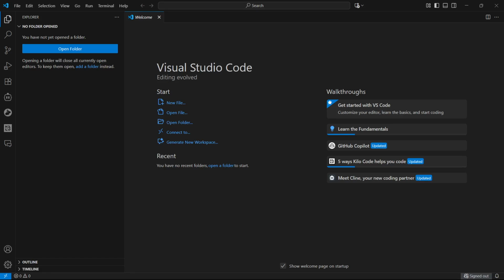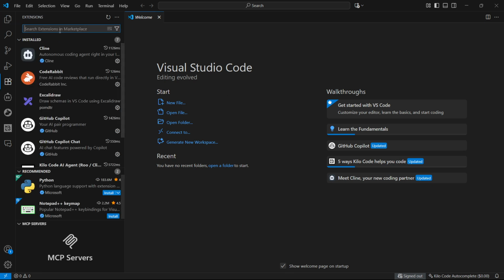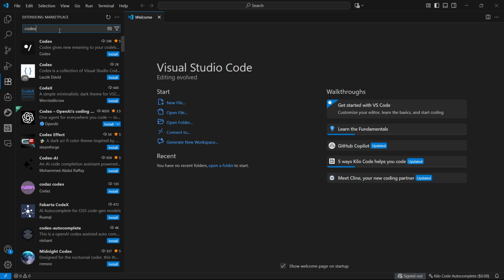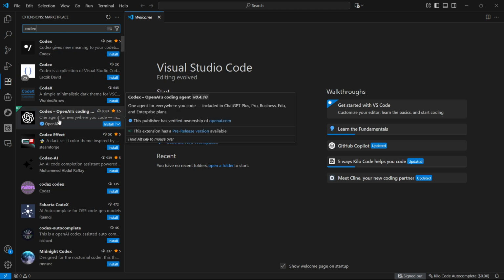In this video, I'm going to show you how to use ChatGPT in VS Code. Now, the first thing you want to do once you're inside VS Code, go ahead and click on this extensions button here on the left, and then you want to look for Codex. Okay, so look for Codex. And here you will be able to see this Codex, OpenAI's coding agent, and then here it says that it's